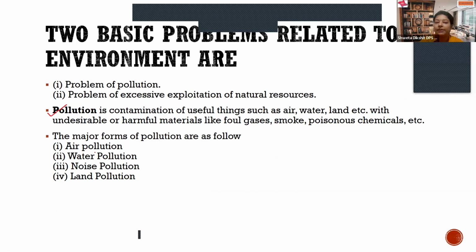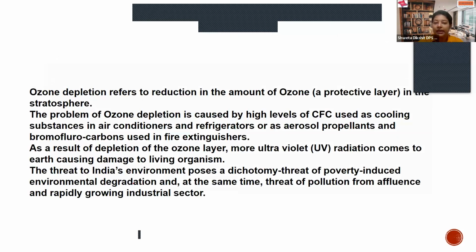So when it comes to pollution, we have been learning since childhood. There are basically four types of pollution, that is air pollution, water pollution, noise pollution, and land pollution. You're very much aware of the reasons, and you're also aware of the kinds of pollutions I'm just talking about. Other than this, the other kind of problem, which is again associated with the pollution only, of course, I'm talking about the air pollution, results into ozone depletion.